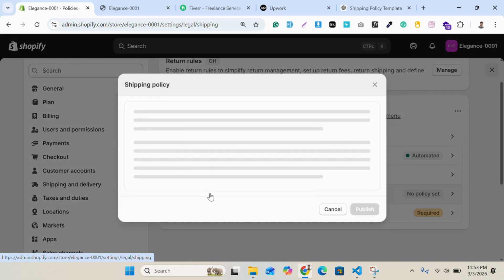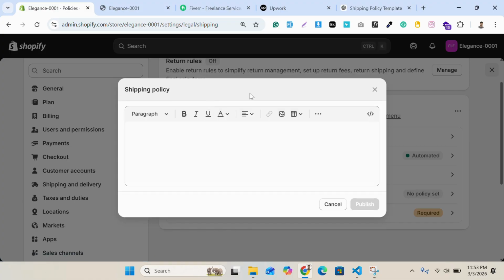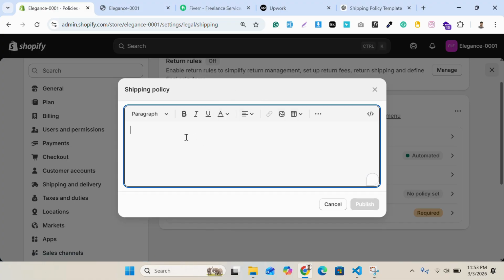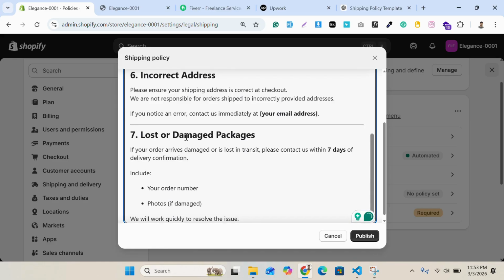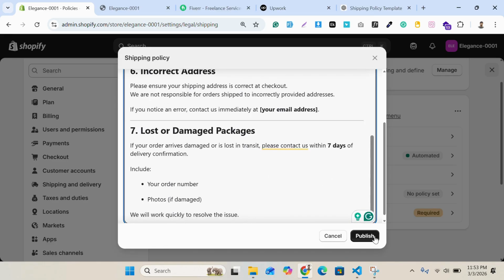After that, here is shipping policy. Shopify doesn't provide any template for shipping policy. You will have to add your own, or you can write it on your own, or you can take help from ChatGPT or other AI tools. Okay, I have already generated one from ChatGPT and I'm going to paste it. After that, you can edit or modify it, then publish,